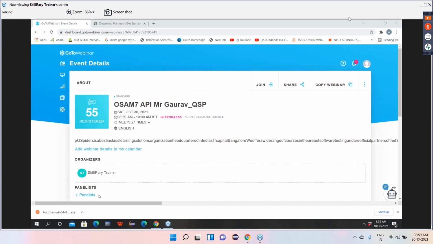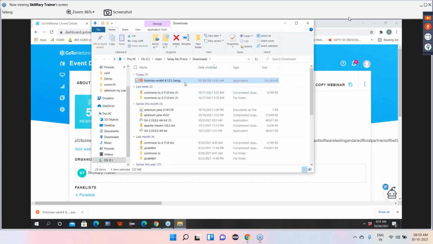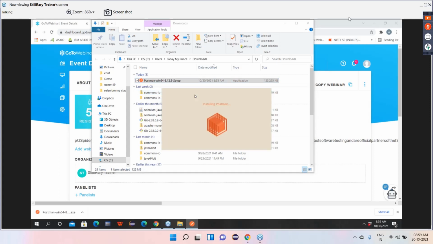So here I'll do that setup. This is the Postman software, guys, which we downloaded. Now here we will just double click. You can keep this software anywhere, guys, no issue. You just need to install it.